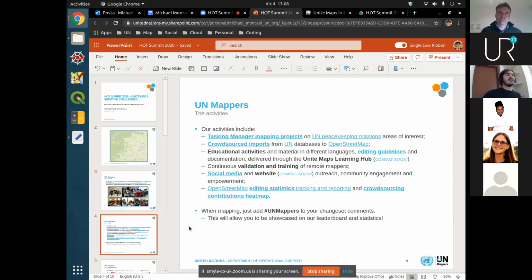So among our activities, we have these tasking manager projects. You can see them in the tasking manager by searching UN Mappers organization. But also we are organizing some crowdsourced imports of UN data into OpenStreetMap, as for example the waterway data from UNSOS in southern Somalia.